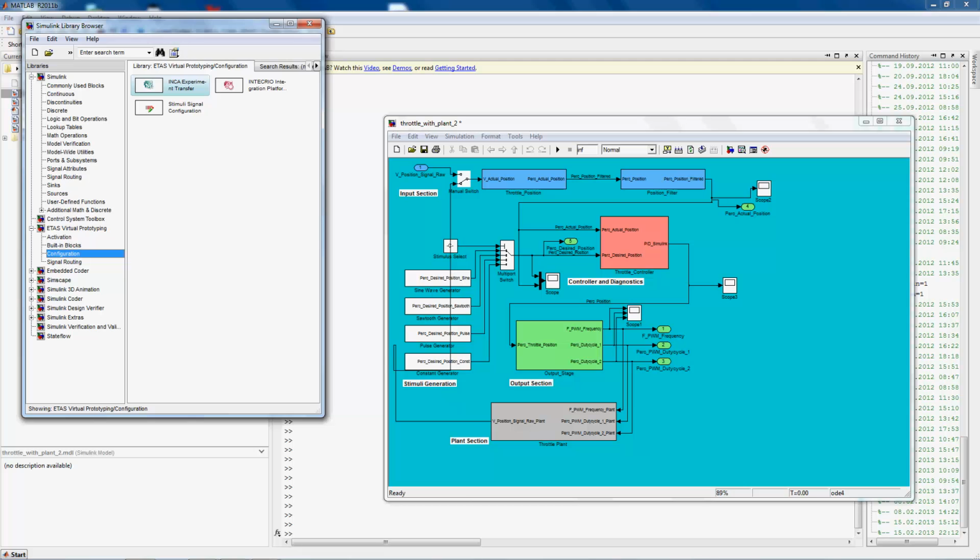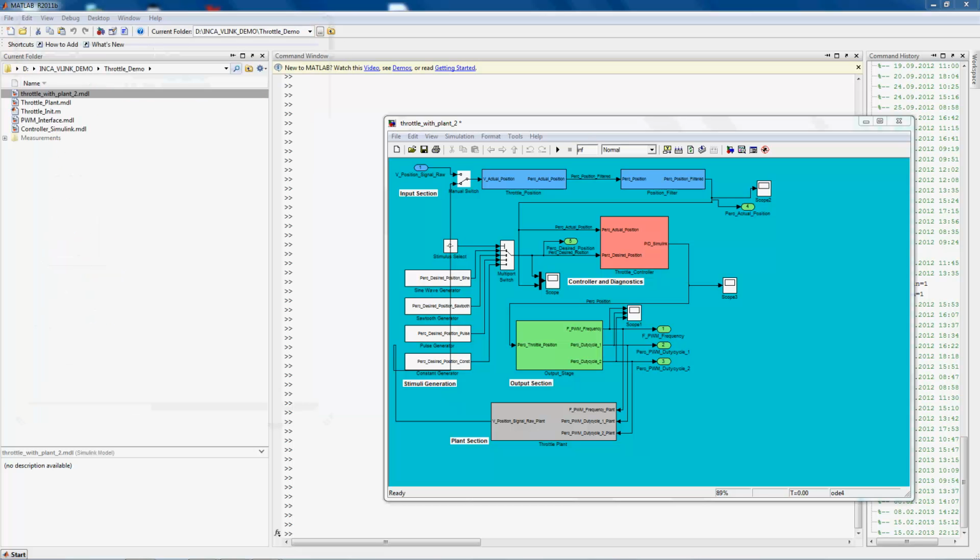A series of blocks allows to schedule certain subsystems in time rasters. These blocks can be used, but they don't have to be used. If no blocks are used, the model is executed with the default Simulink time raster.